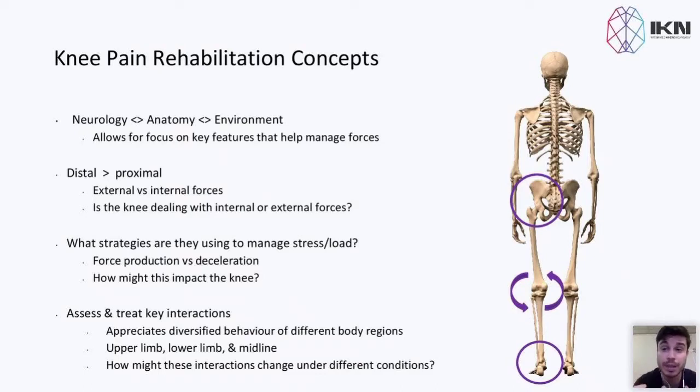We may produce force against that force, right? So we'll produce a motor output in response to the pressure and load acting on our body. So at the foot and the ankle, for example, that may be a case where we're plantar flexing into the ground. If we're plantar flexing into the environment, onto the ground, then we're producing force. Okay. Whereas if we're just decelerating force, we may be able to maintain that foot and ankle position closer towards dorsiflexion, but we're allowing for the plantar flexors to express more isometric activity, where we're just responding to the forces,